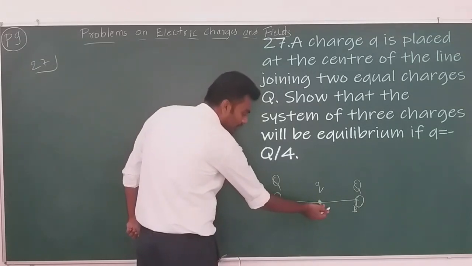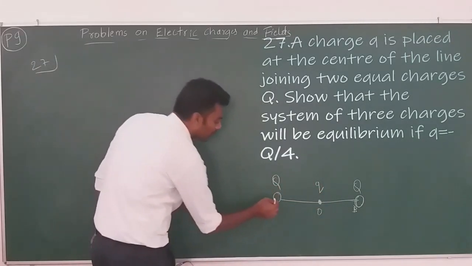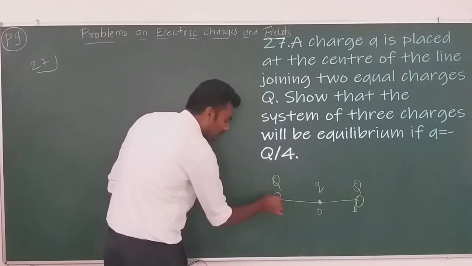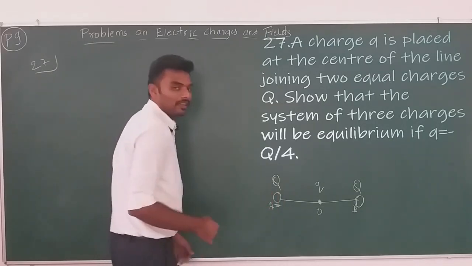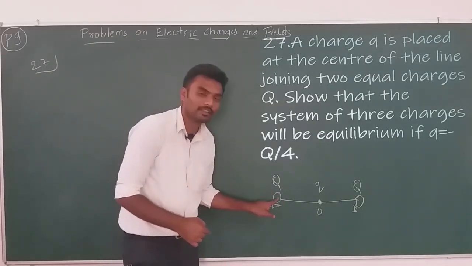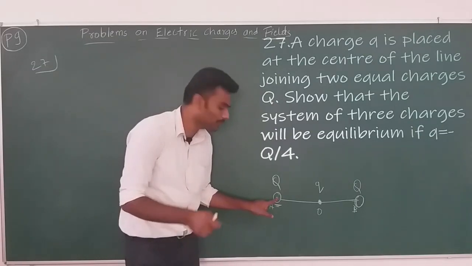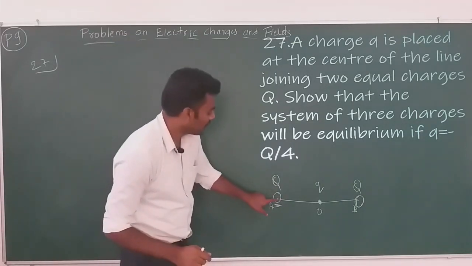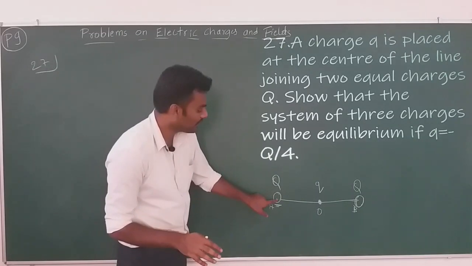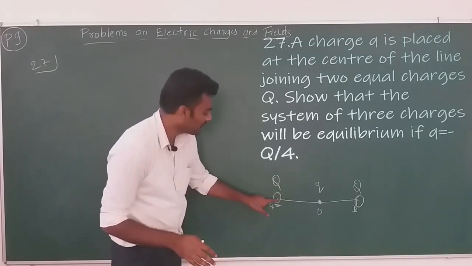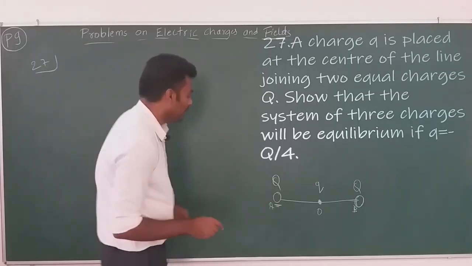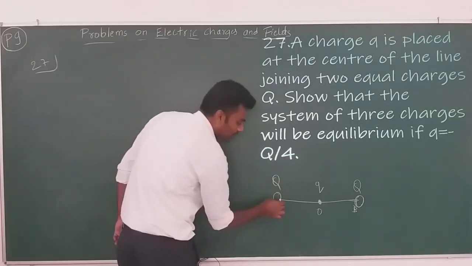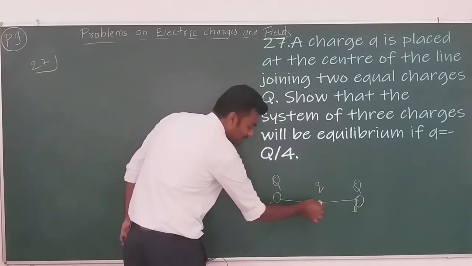Let us shift our interest to this charge A. We want even this charge to be in equilibrium, right? Even this charge shouldn't experience any force, which means the net force on this charge should be 0. How is that possible? When this charge experiences 0 force, the sum of all the forces experienced by it is 0. Which are the two forces that act on this charge? One of the forces is due to the charge at the center.